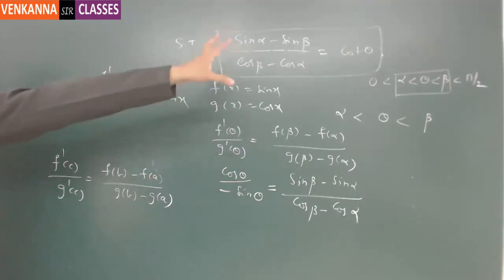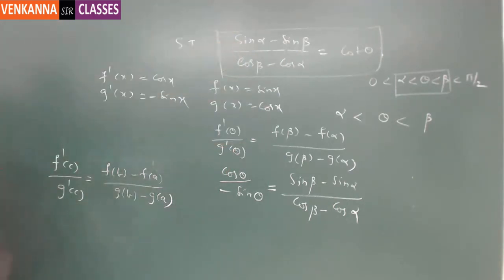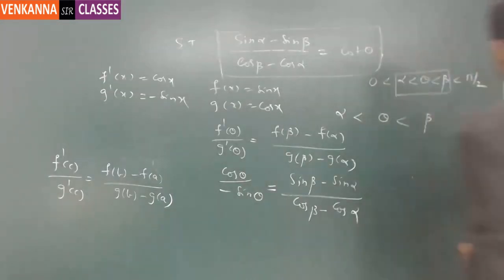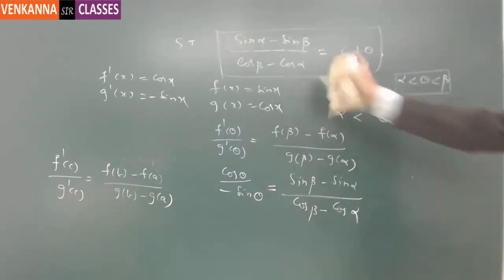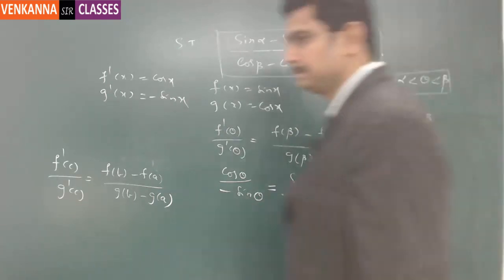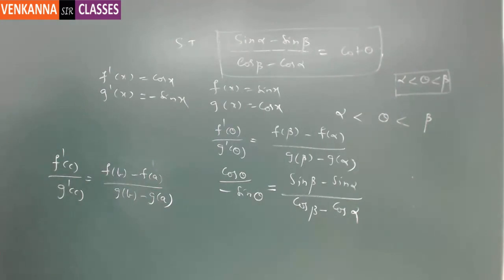If you get some fraction or number there, then you are going to choose 0 and pi by 2. It is very evident because if it is simply mentioned alpha and beta, for example, let me say you have excluded these two parts. It is simply given that prove this thing where alpha less than theta less than beta. Right. Now obviously you choose the interval as alpha, beta, right? So if you take alpha as 0 and beta as pi by 2, then what happens? By considering the values there,